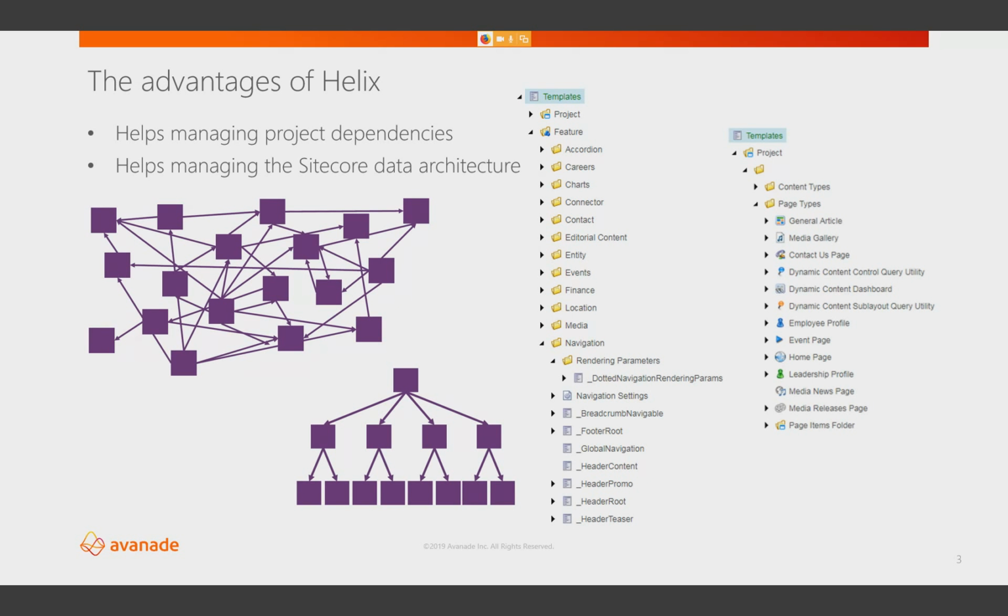And on the right side, you can see some examples. For instance, as you probably know, Helix has three main layers: the project, the feature, and the foundation layer. And this is just an example of how you can structure your templates and how Helix is prescribing it. On the left side, you can see some feature modules, for instance, connector, entity, events, finance. These are business categories, and these